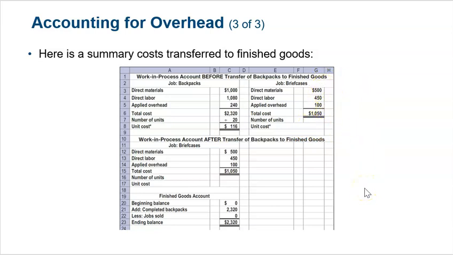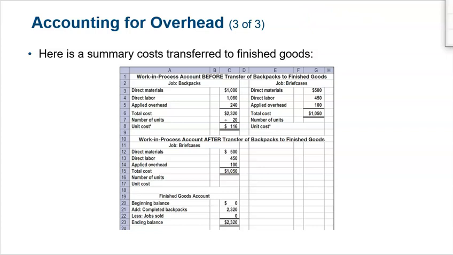All right. So we've got backpacks that are complete and briefcases that are incomplete. So now we're going to have to split these off. Work in process now after the transfer of backpacks to finished goods is strictly made up of those costs from the briefcases job, because we only had two. The finished goods account had no balance initially, and now it is the full amount, the $2,320 that came from the backpacks job. So we had 2320 and 1,050, which is,